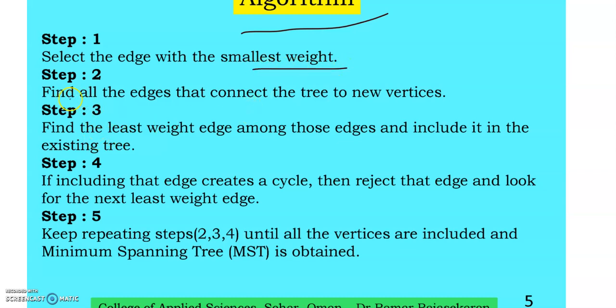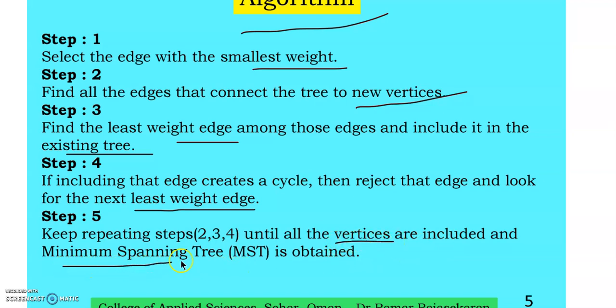Second step, find all the edges that connect the tree to new vertices. Third point, find the least weight edge among those edges and include it in the existing tree. Step 4, if including that edge creates a cycle, then reject that edge and look for the next least weight edge. Step 5, keep repeating steps 2, 3, 4 until all the vertices are included, because what is the condition